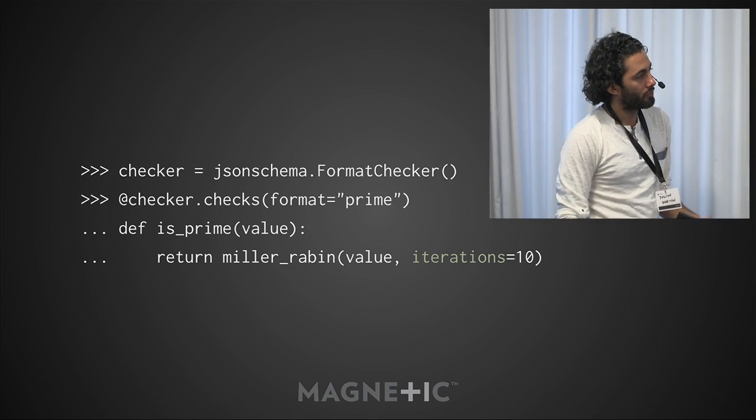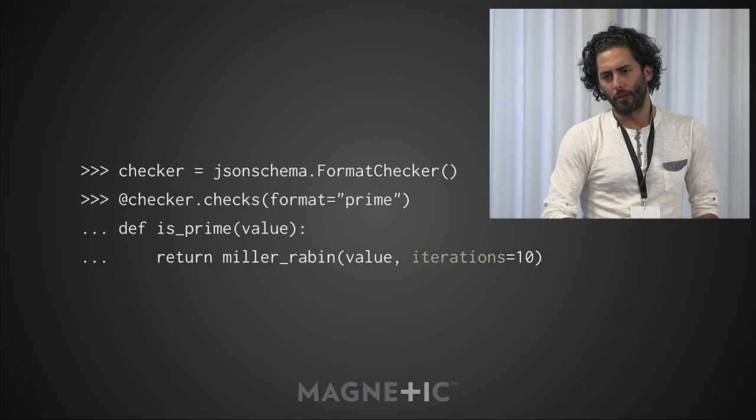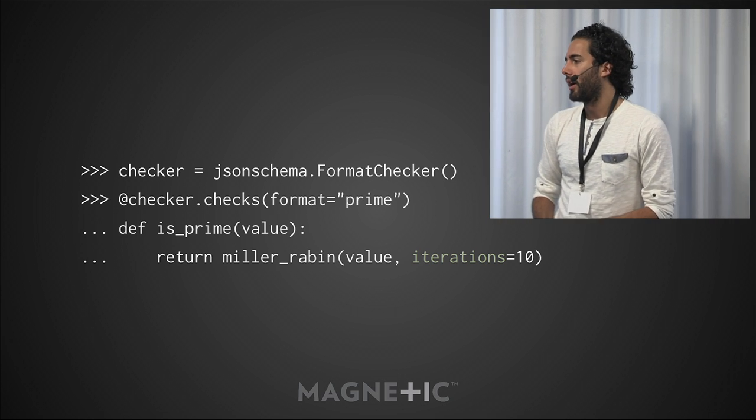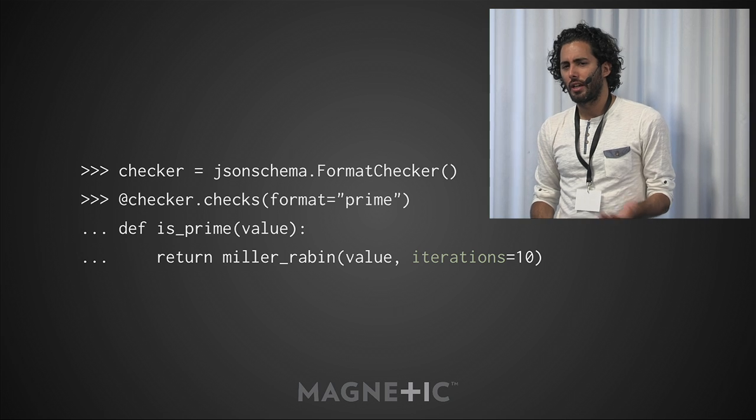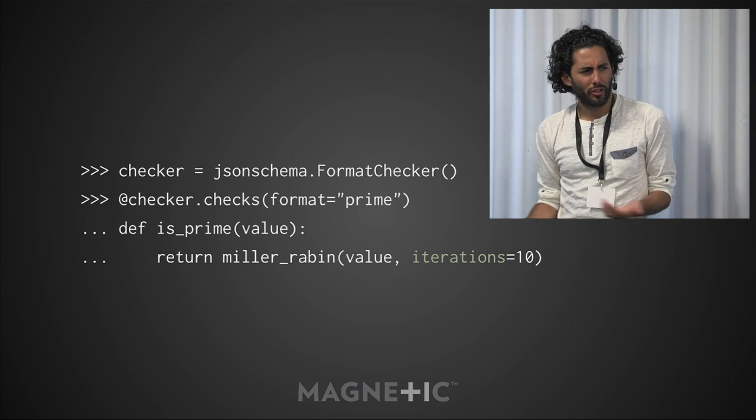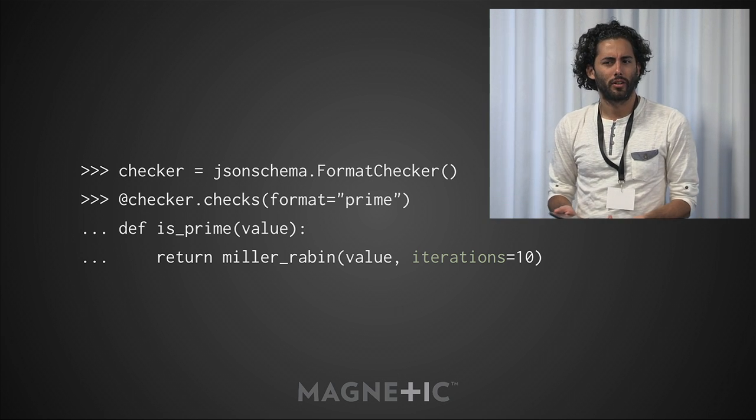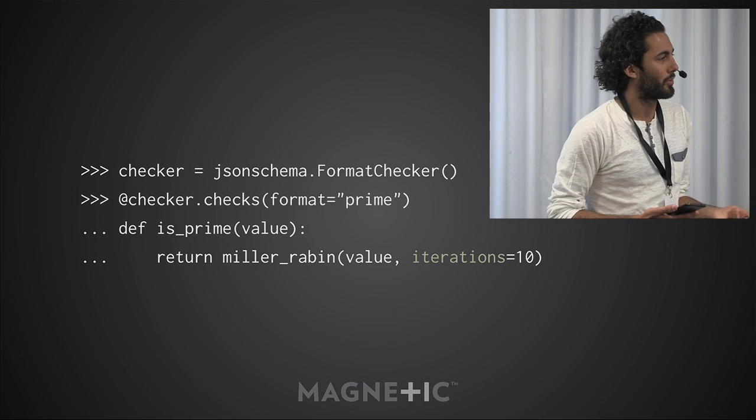And you can actually add your own. There's a bunch of formats that are predefined, some of them easy to use and readily available, and some of them aren't. Like you can validate whether something is a valid CSS color. I don't know why people want to do that so much, but you can.